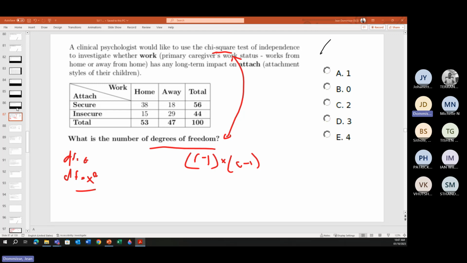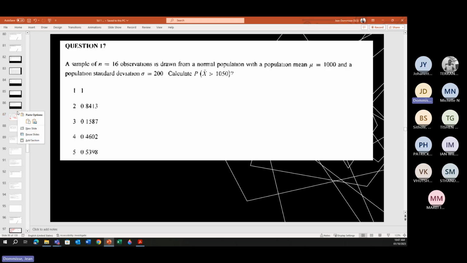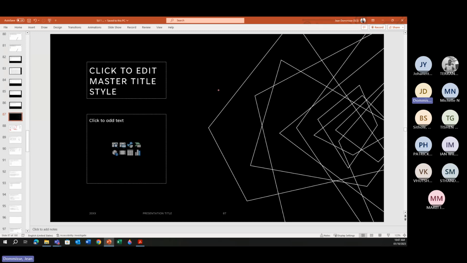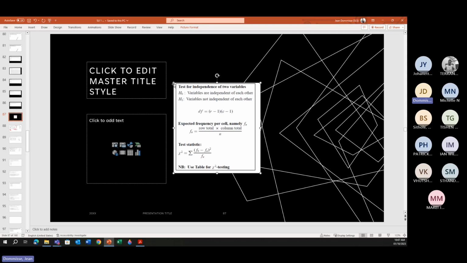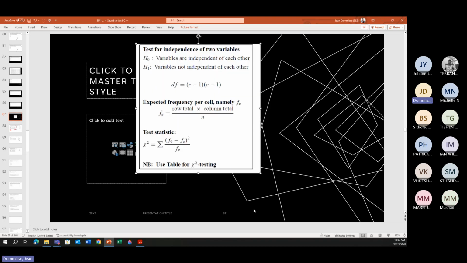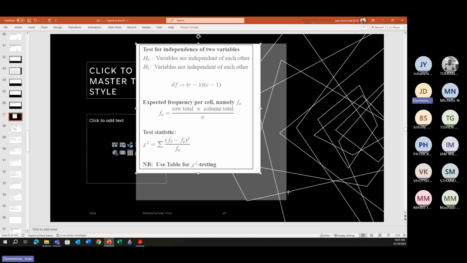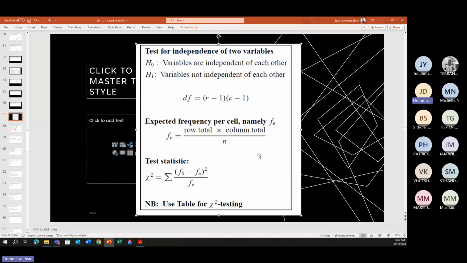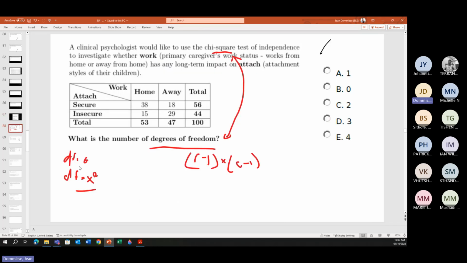So what I thought is, and you guys can just also, this is nearly one of those that if you know all of these things and know how to do these things on chi-square, you will be able to answer any question. Okay, so in this one we needed to do degrees of freedom. So let's